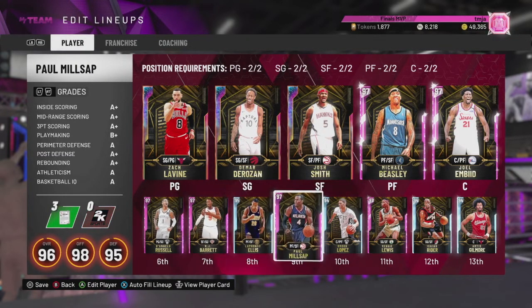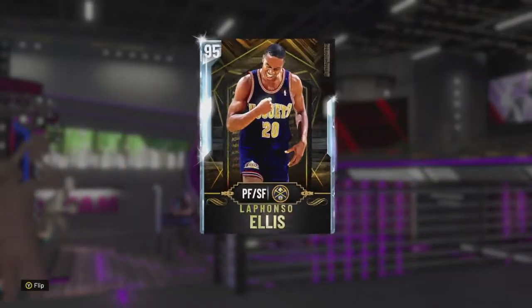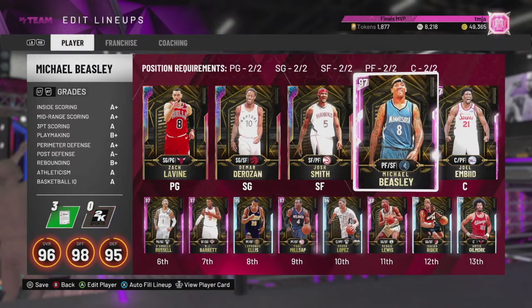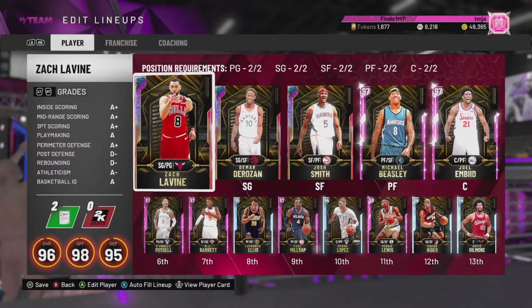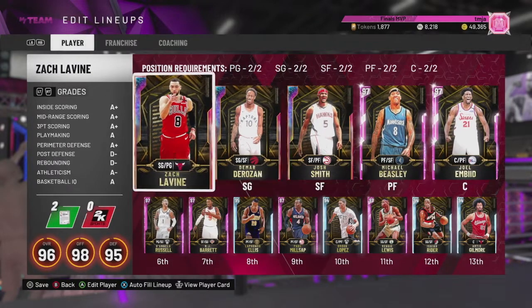He's not really a true power forward. Paul Millsap is slightly bigger than him. He only has like 6 pounds on him, I believe, and they're the same height. Yeah, so this lineup is a little small. We have Beasley and Millsap as our power forwards, and then LaVine and D'Angelo Russell as our point guards. That is a little bit small, but hopefully we can make up for that with some good play and adjusting